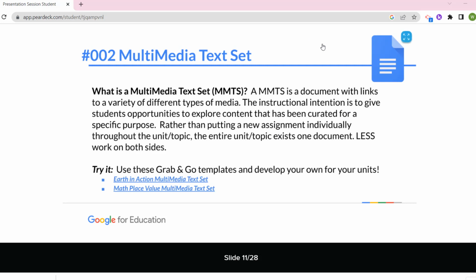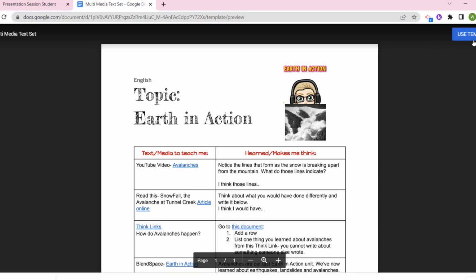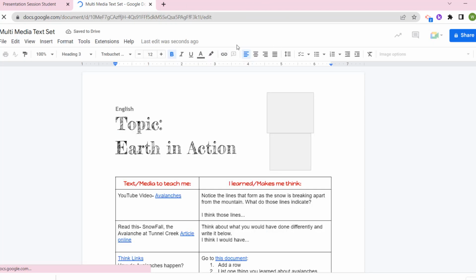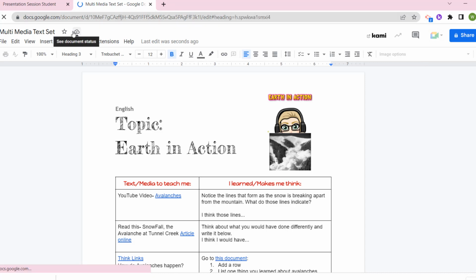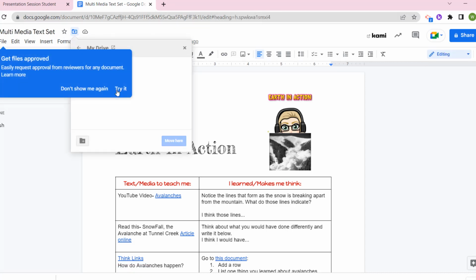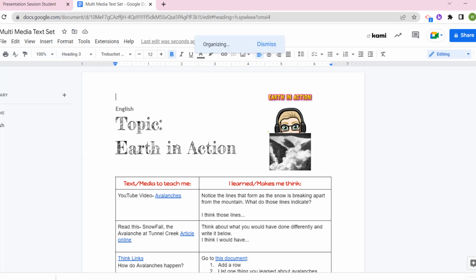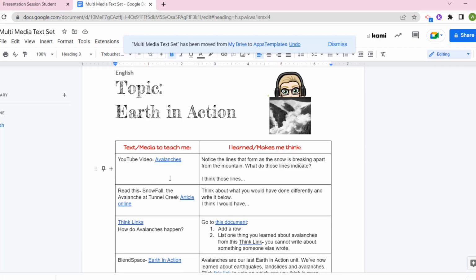Please click on Earth in Action, Multimedia Text Set, and go ahead and open that up. When you get that opened up, go ahead and choose Use Template. And then add that to your apps folder in Google Drive. So you're going to click on Move. And you're going to go to Apps Templates and just move here. Okay. So now you have your own copy. And this would be something you would create for your own students and share in Google Classroom, giving them each their own copy. So let's go ahead and scroll down and you'll see